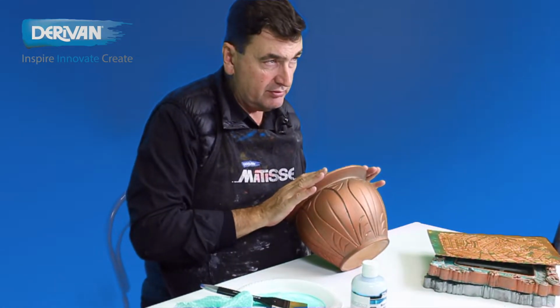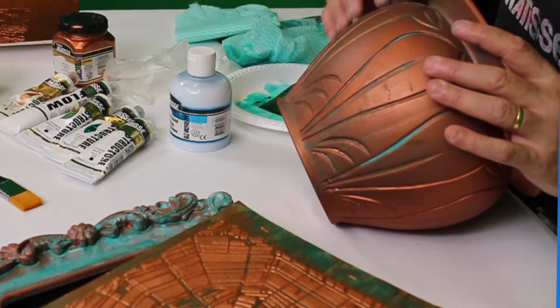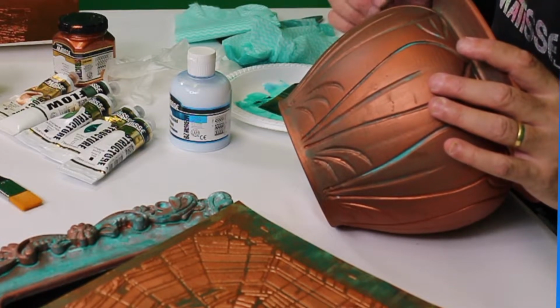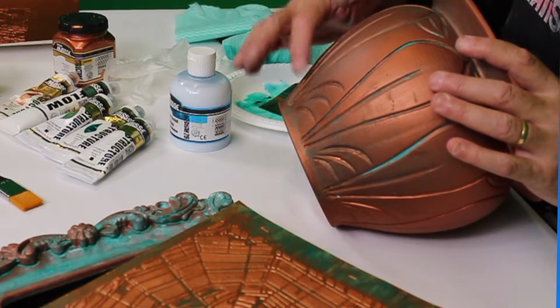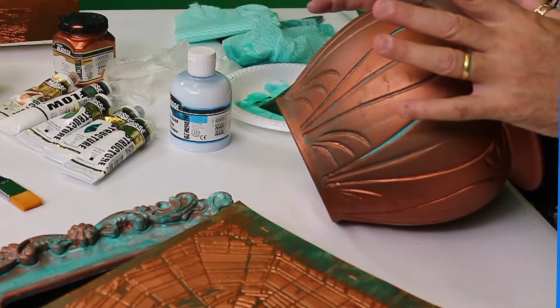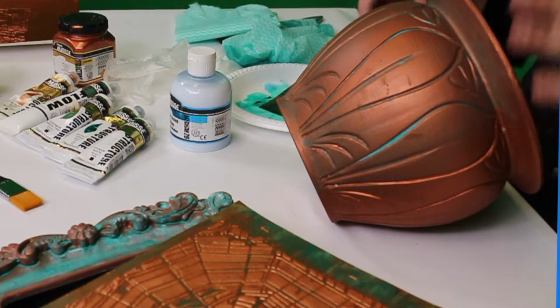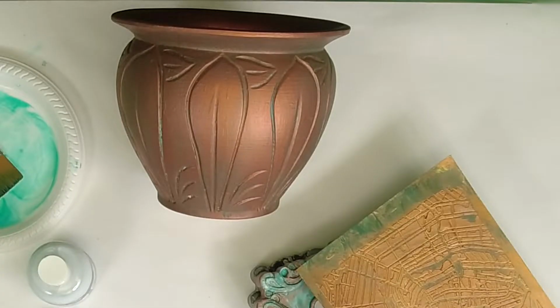your piece you're going to paint, and here we've painted it in copper with a little bit of brown mixed in, and you can see we've already been playing around a little bit with the verdigris finish. Leave that to dry. Then once that's dry, we're going to put this patina or glaze over the top of